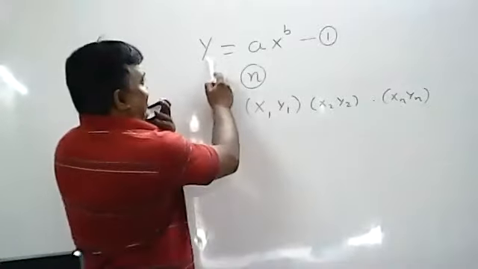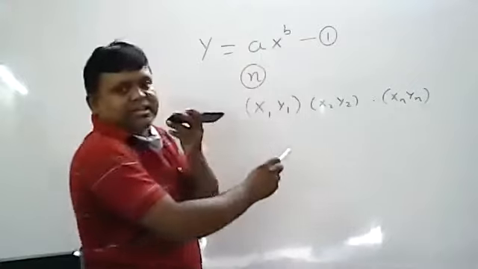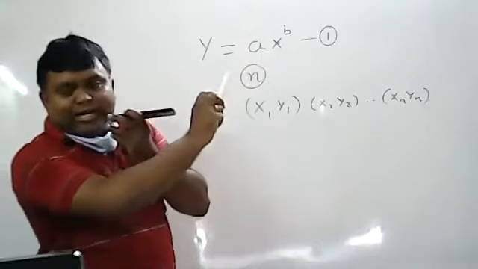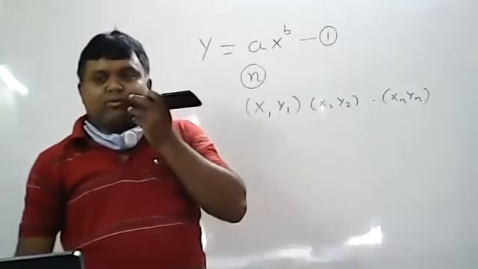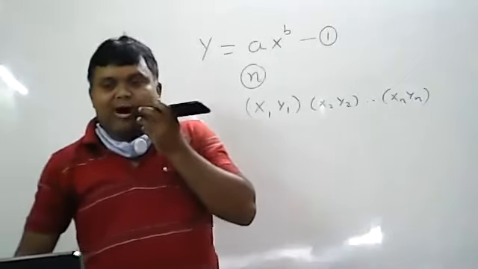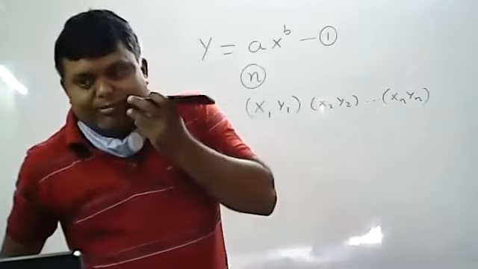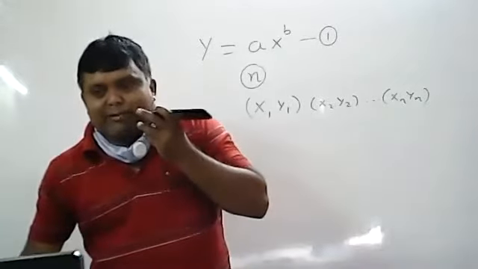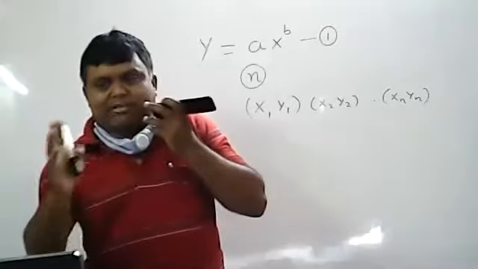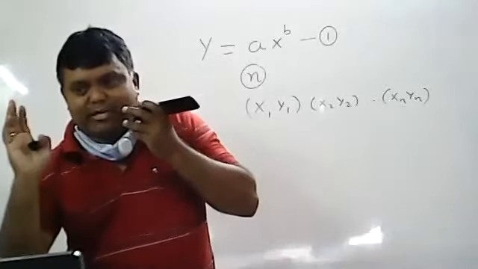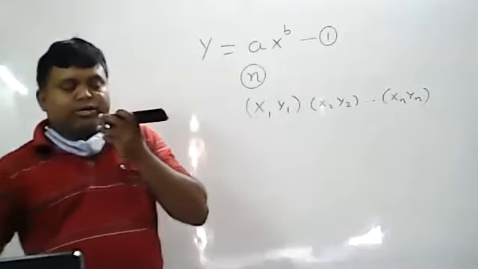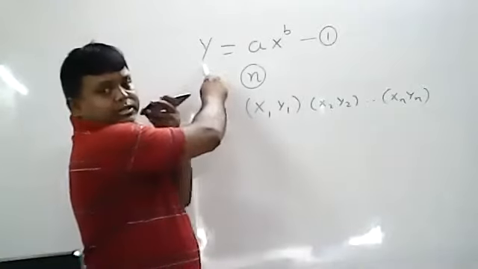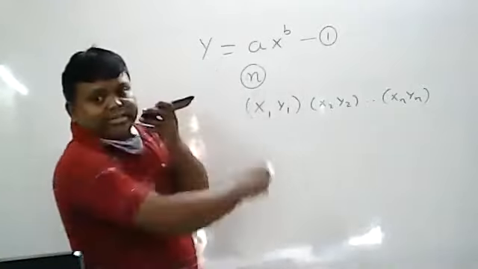If you observe the curve y equal to a into x power b, there is a multiplication, and that multiplication can be converted into addition. How can the multiplication be converted into addition? All of you know the log ab formula. What is the log ab formula? Log a plus log b. That means multiplication should be converted into addition, so you have to get the y equal to a plus bx form. What do you have to do? You have to apply log on both sides to equation 1.